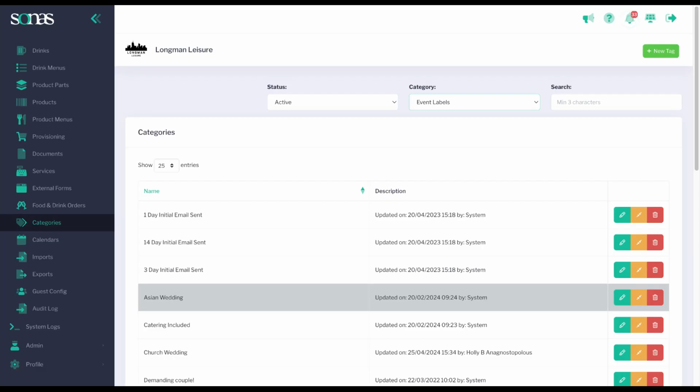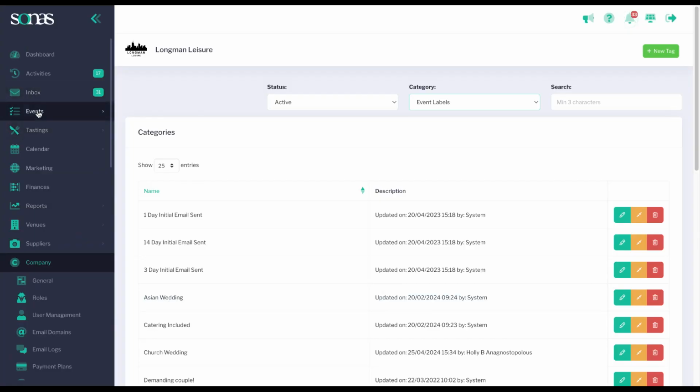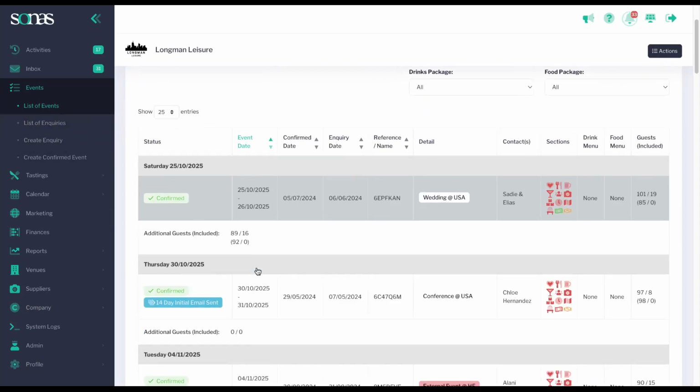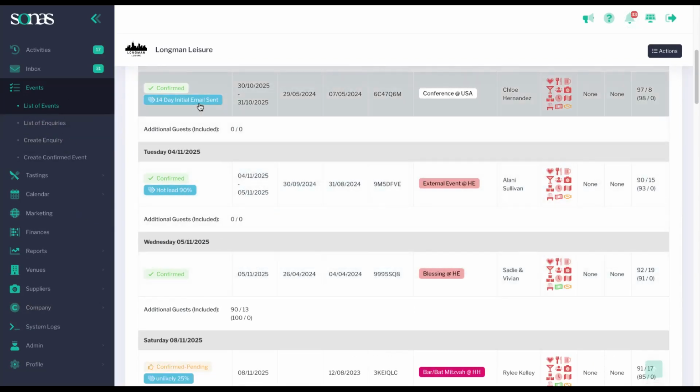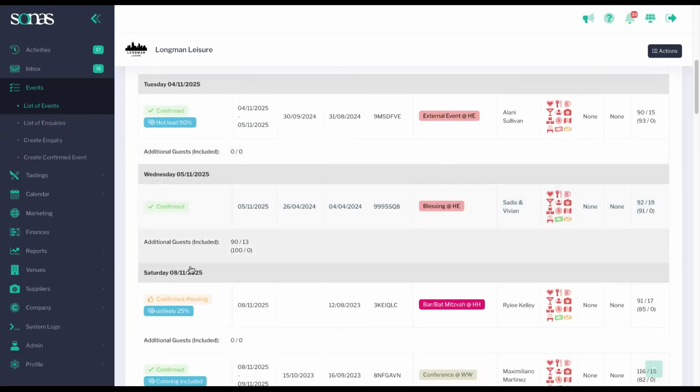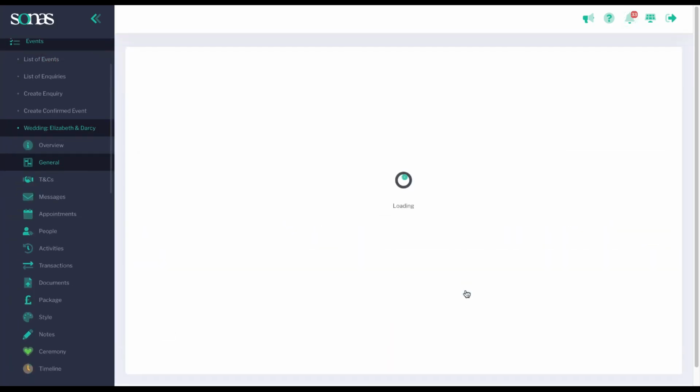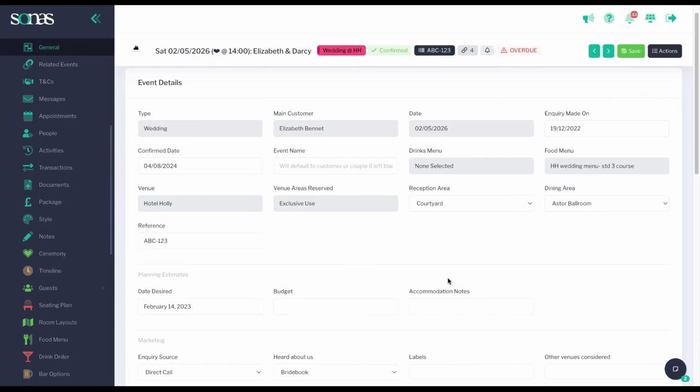So if you want to put on that they're on the platinum package or the diamond package, so you don't forget at any point. Let me show you where these pull through to make a little bit more sense. So in the events list, and they also apply to the inquiry list, when you have these blue items, these are labels, okay? And then if we look at my go-to test event, which you will get used to seeing a lot for this process, you can apply a label,